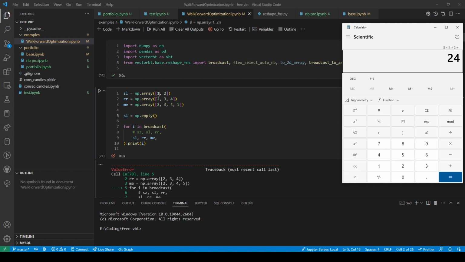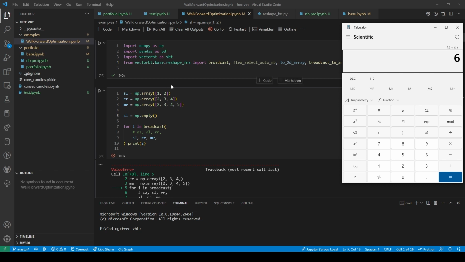So 24 divided by 2 of this. We'd need 24. So that's 12 ones. So that's 4 and 3. That's correct. 4 times 3 is 12. And then if we did 24 divided by 4, we would need 6 twos, 6 threes, 6 fours, and 6 fives.